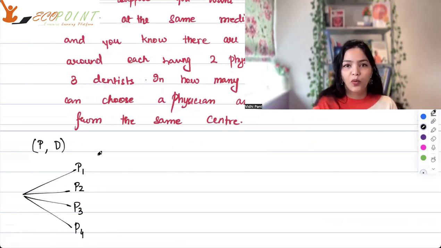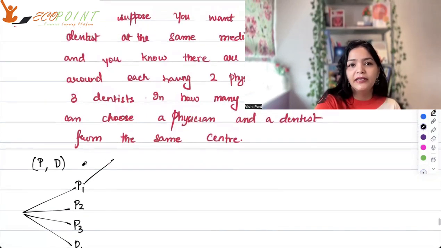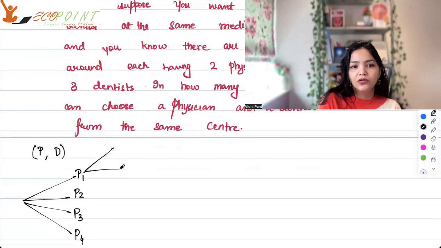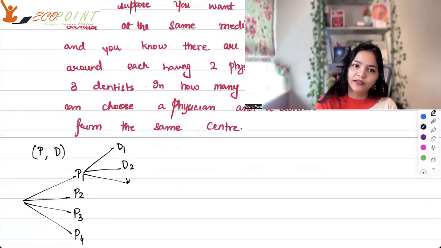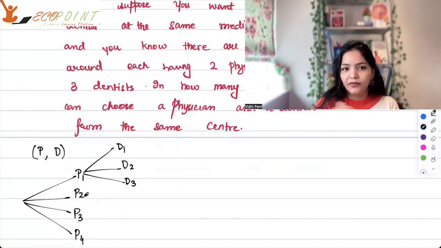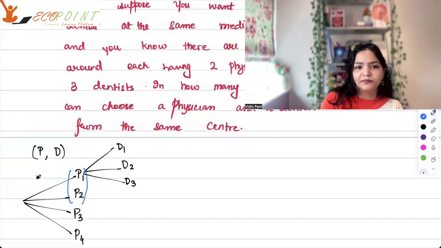मान लो मैंने फिजिशियन 1 P1 चूज की। P1 is in say medical center 1. In medical center 1 there are how many? 3 dentists. So suppose there are 3 dentists here in medical center 1, say dentist 1, dentist 2, dentist 3. Now, so therefore I will have these many choices after choosing P1. Suppose I choose P2. If I choose P2 और मान लो P2 भी जो है ना मेडिकल सेंटर 1 में है।